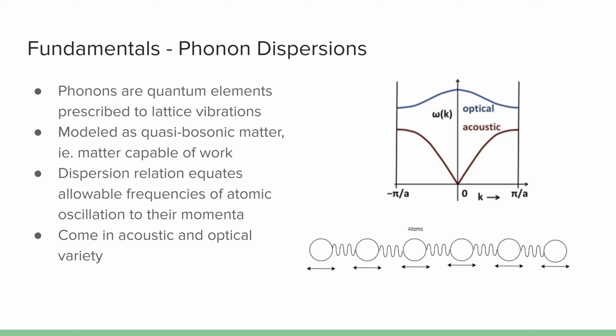We model different phenomena in solid state physics as quasi-particles, just because it makes the math a little bit easier, speaking honestly, or at least it makes it possible, let's say. So by a quasi-particle, we mean that it's not a technical particle, right? You can't observe the particle per se, but we model it mathematically as a particle, specifically as quasi-bosonic. So what we mean when we say quasi-bosonic particle is that it is a particle capable of doing work, which makes sense, considering